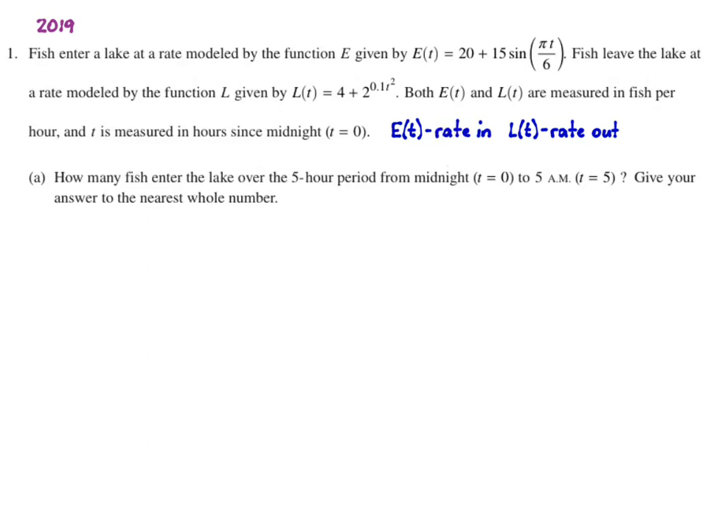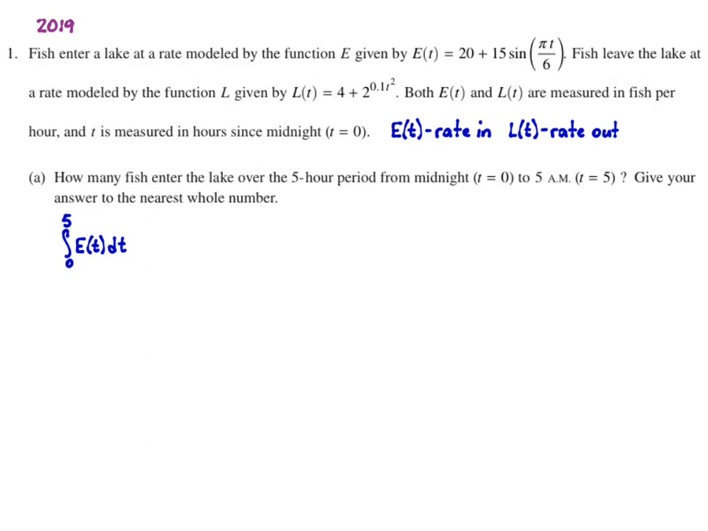So part A, it says how many fish enter the lake over the 5-hour period from midnight to 5 a.m. So we're looking for how many fish enter. Well, that is going to be dealing with the rate in, and because I'm asking for how many fish, I don't want the rate, I want the accumulation. So I'm going to be taking the integral of E of t. So that'd be the integral from 0 to 5 of E of t dt,